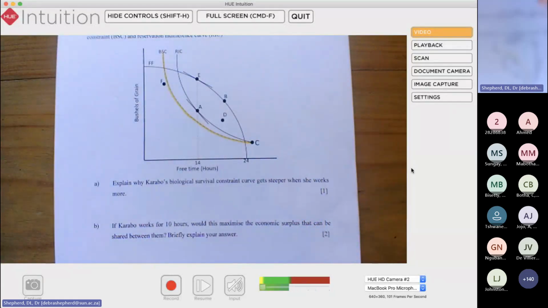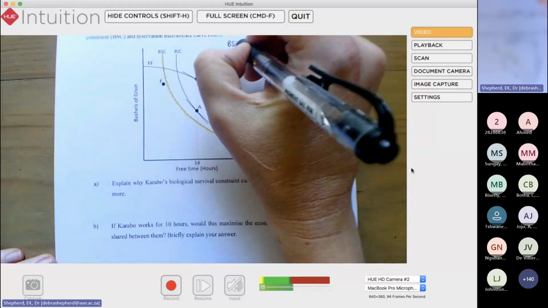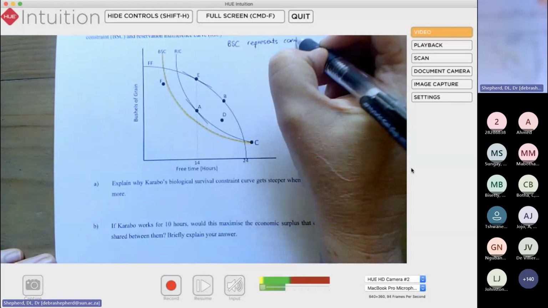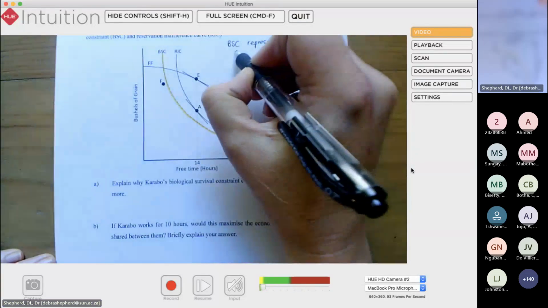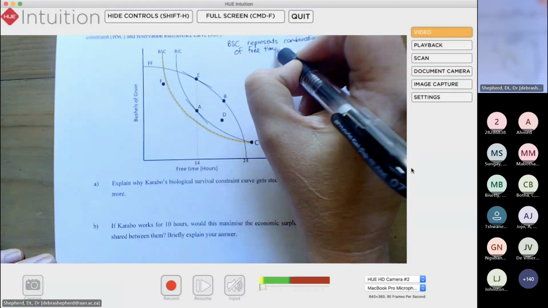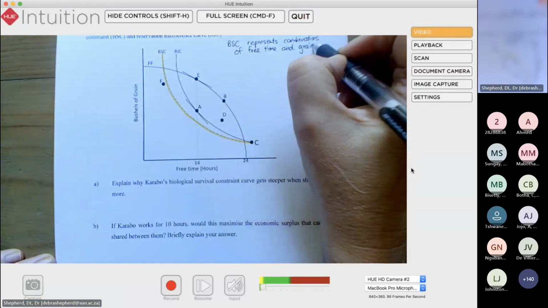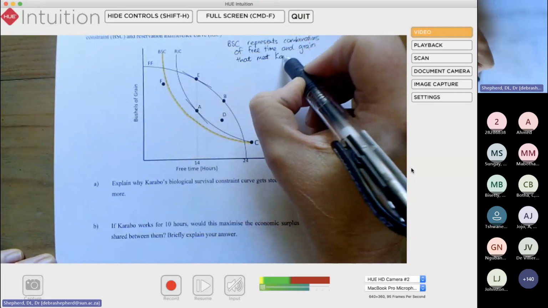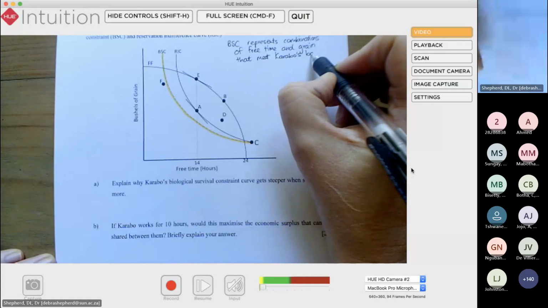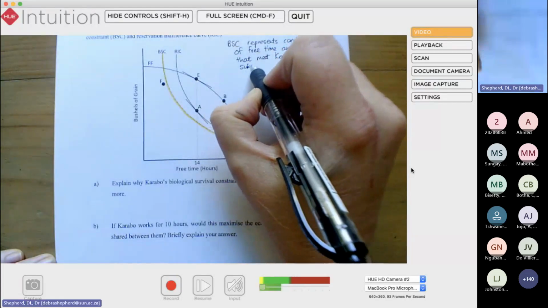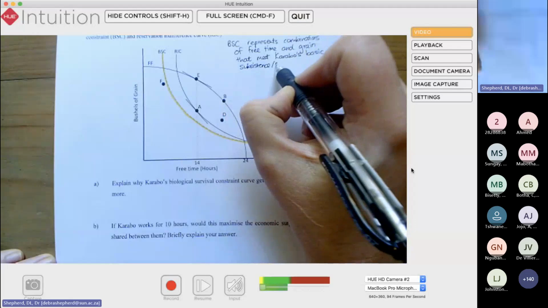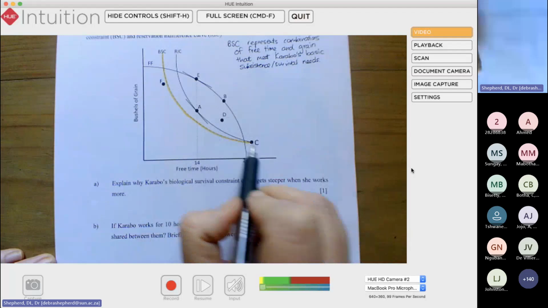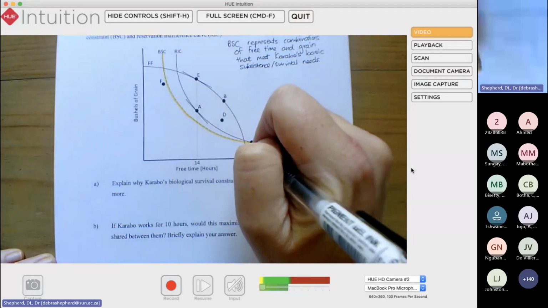Now let's remind ourselves what the BSC represents. So the BSC represents combinations of free time and grain that meet Karabo's basic subsistence or survival needs. Okay, so if we're at this point here at C, what we're saying is that